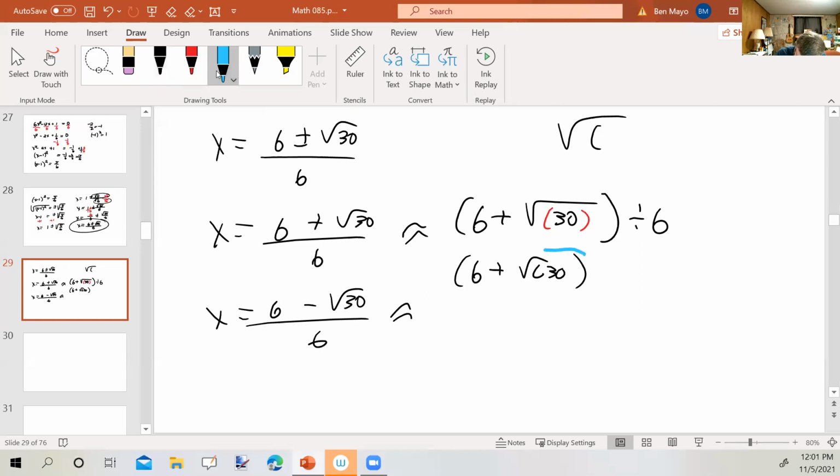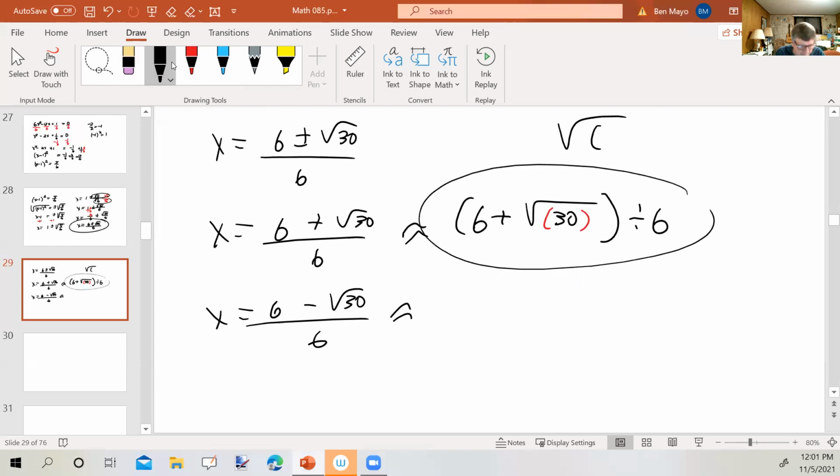I've just closed up this radical. So again, I want to do it like I've done here. Left-hand parenthesis, 6 plus the square root of 30, close up the radical, close up the entire thing, divided by 6, and I get